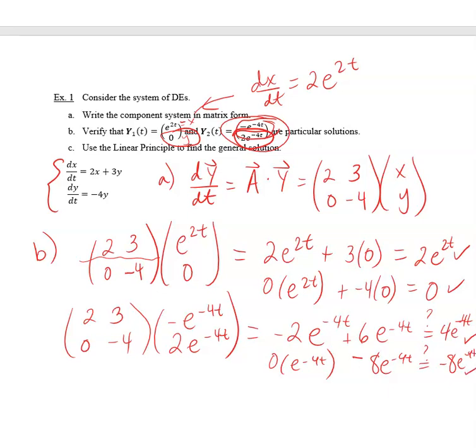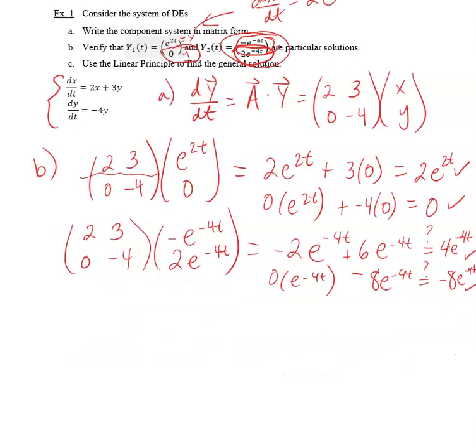So yes, we are good to go. Both of those do, in fact, give you particular solutions. So then it just says to put all this together and use that linearity principle to find a general solution. Let me clean this up a little bit here. So the general solution then, we know that the linearity principle tells us that our general solution in matrix form